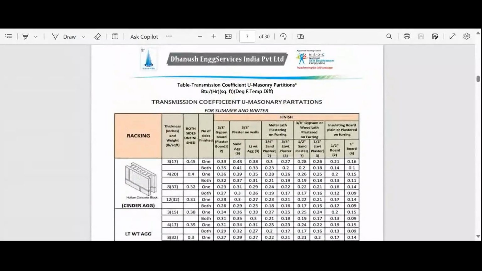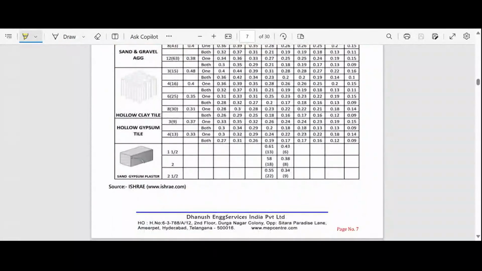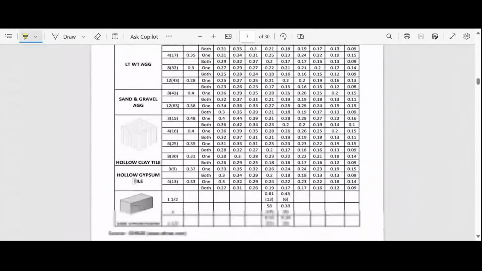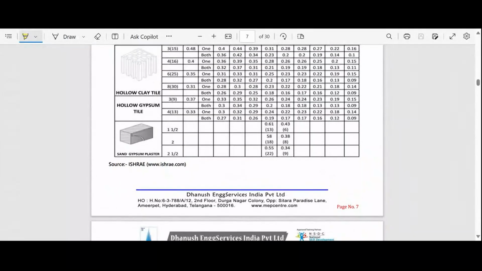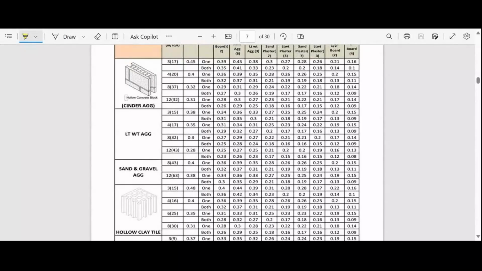Floor. Partitions. Partition is made of hollow concrete block. So this is hollow concrete block with a mixture of sand and gravel aggregate. This is sand and gravel aggregate of 8-inch thickness. This is 8-inch thickness. Both sides finished with